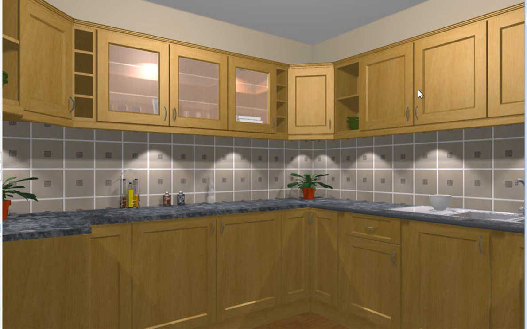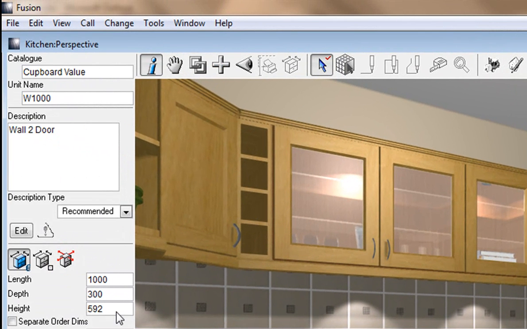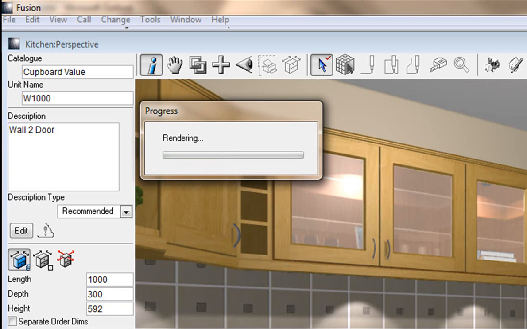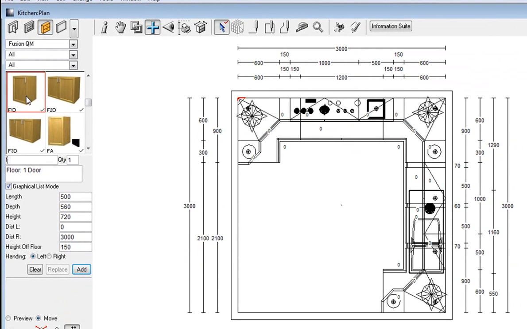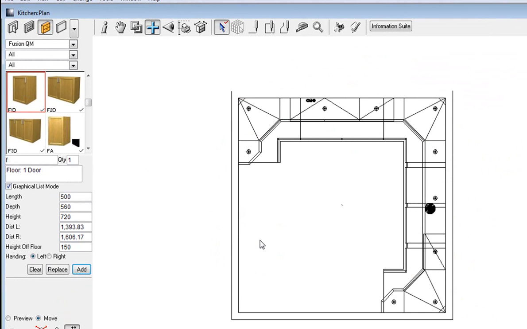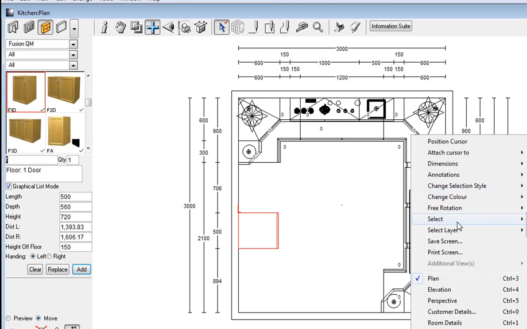over the program. Also, everything is customizable, so you can click on an object and change the size of those units. So if you're wanting this one to be, let's say, 900, it will do that for you. Adding and moving units around is very easy. It's very customizable, and it's also drag and drop. So you take the unit that you want, drag it into where you want it, and let go, and it would add it there. If you're wanting to move stuff around, you can click on an object, right click on